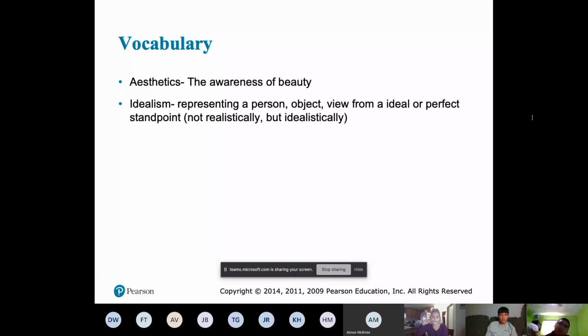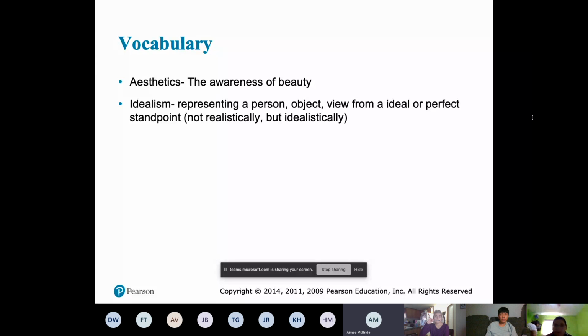If you're in tune at all with society, you're familiar with the Instagram models and Instabaddies that go and Photoshop their pictures and images like crazy. It's not realistic, but idealistic. It is the idealistic form of what they consider aesthetically beautiful. So those are just really good examples of those vocabulary words. And those two particular vocabulary words are going to apply to our first purpose of art, which is for delight